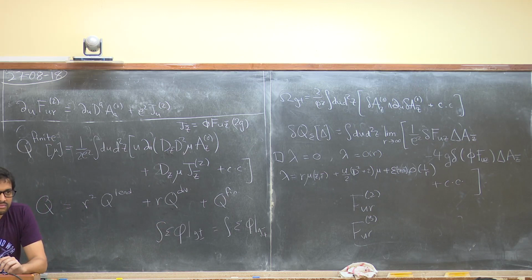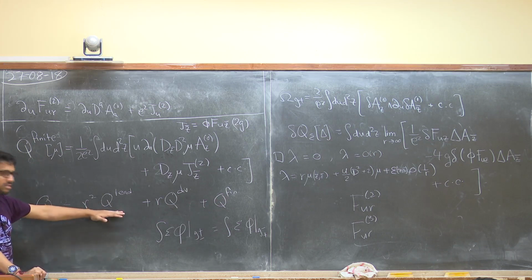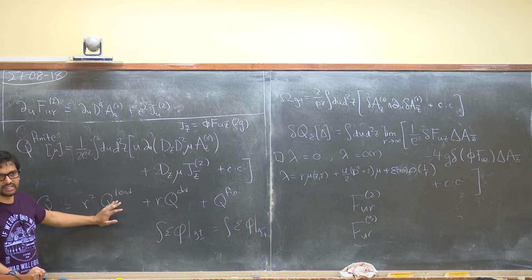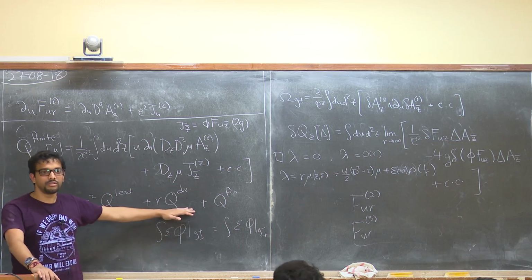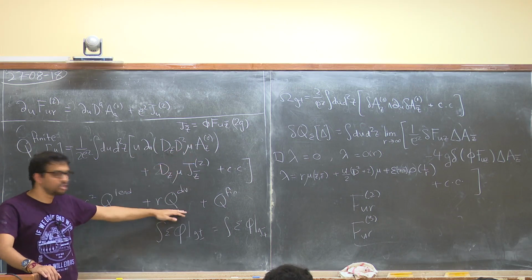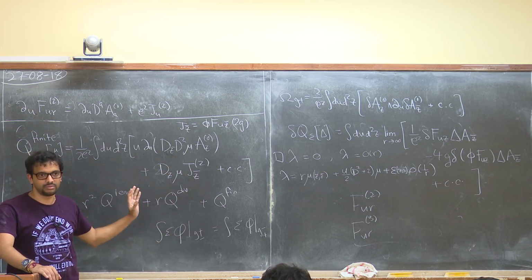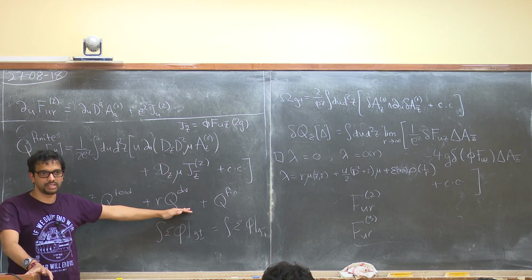But Q subleading was already considered. Now suppose I was considering an order R squared gauge transformation, then this coefficient is precisely the leading charge. So this we already know has a vanishing Ward identity. So this piece goes away. That's very nice. But this divergent piece has no interpretation in terms of any of the previous charges that we've written down. It does not generate the leading soft theorem. It also doesn't generate the subleading soft theorem. So a priori, there is no reason to believe that this commutes with the S matrix.